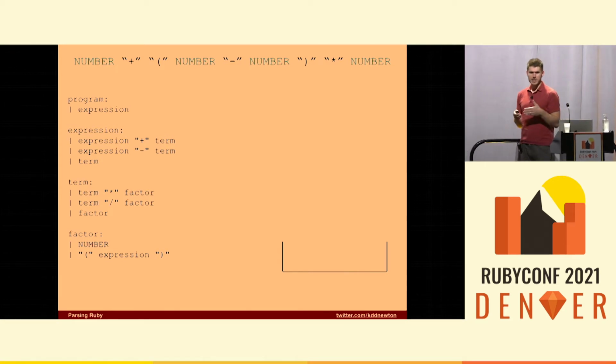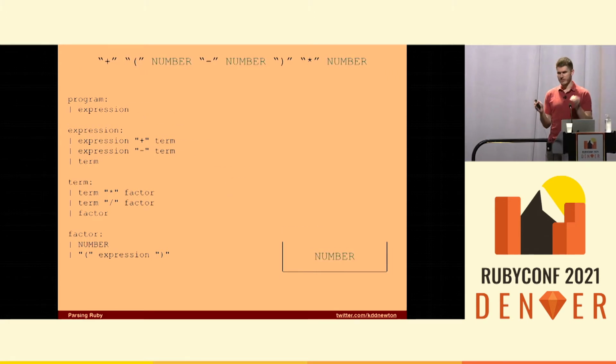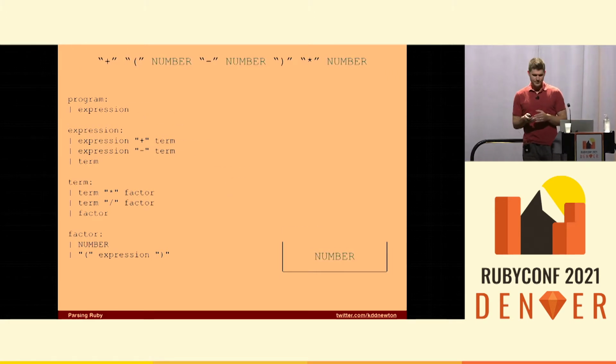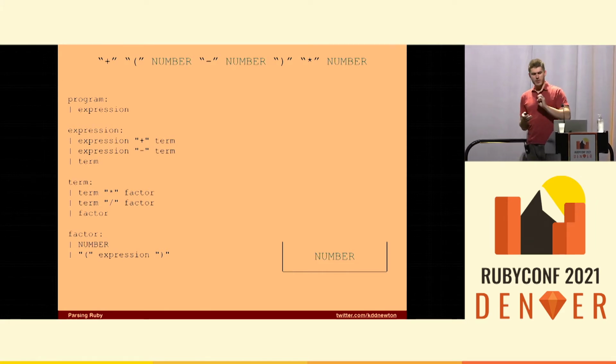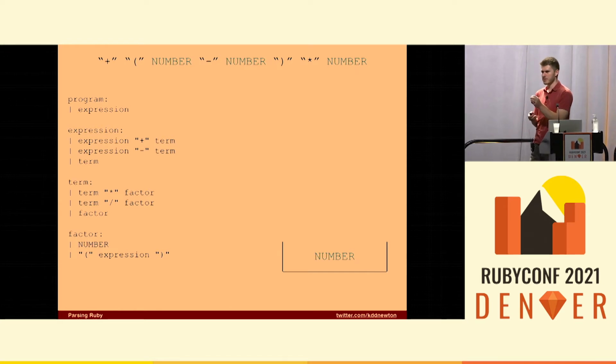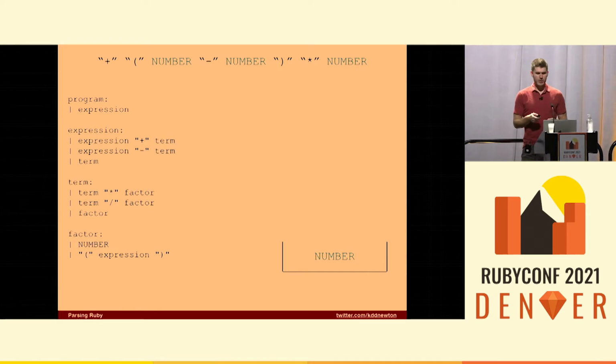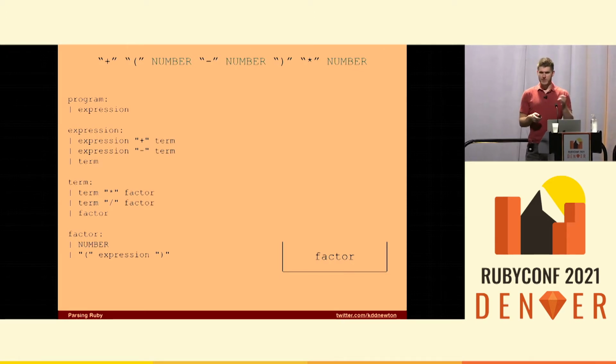But what it's going to do is take the first token, and this is called shifting. We are shifting a token. We have shifted it off of the list of input tokens. And then we're going to say, okay, we have our token. What are we going to do with it? We need something equivalent to it in the terms of our grammar. Okay, well, we can see from our grammar that a number is equal to a factor. So we are going to replace it with factor on our stack. That thing we just did is called reducing. Shift and reduce. Those are the two terms I'm going to add to your idiolect today.